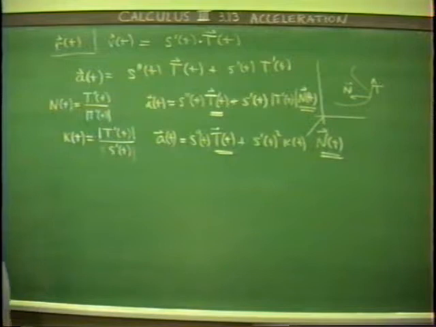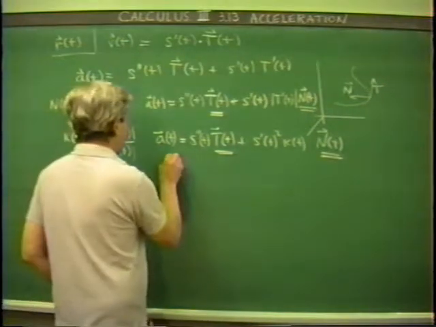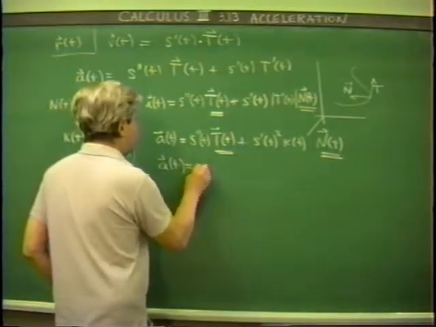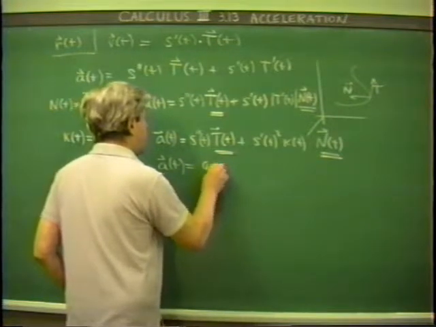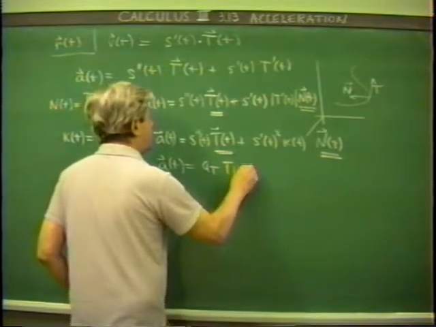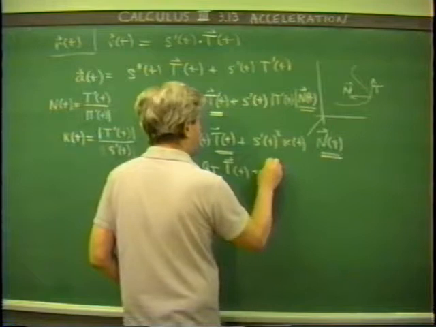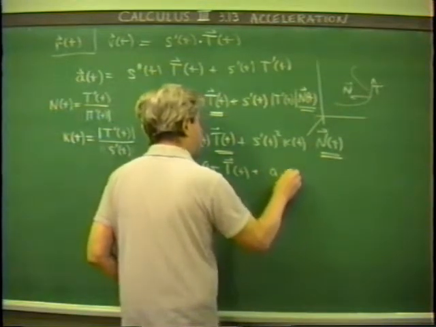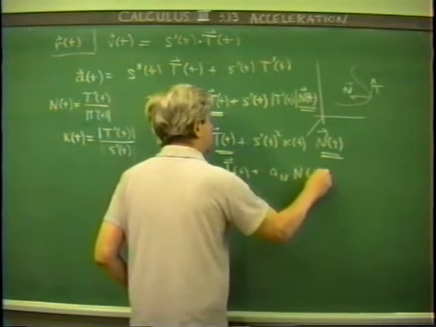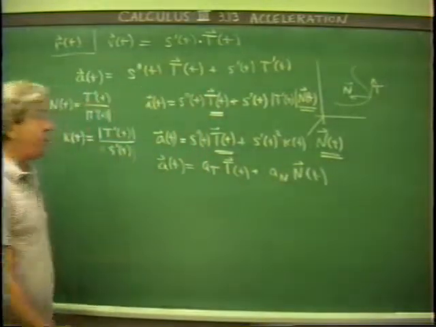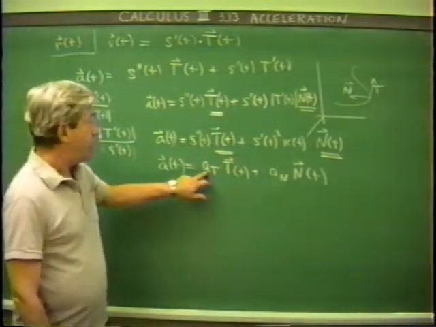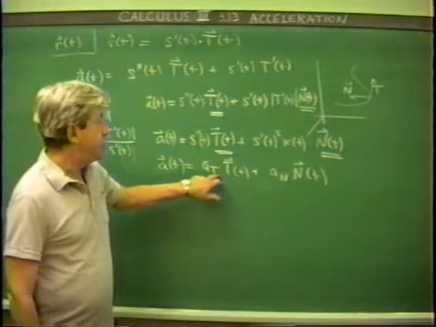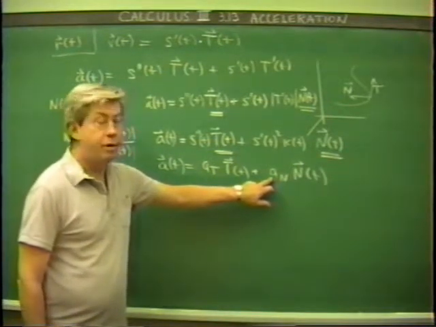The tangential component is the derivative of the magnitude of the velocity, and the normal component is the velocity squared times the curvature. If we write a of t as having a tangential component a sub T times T of t plus a normal component a sub N times N of t,